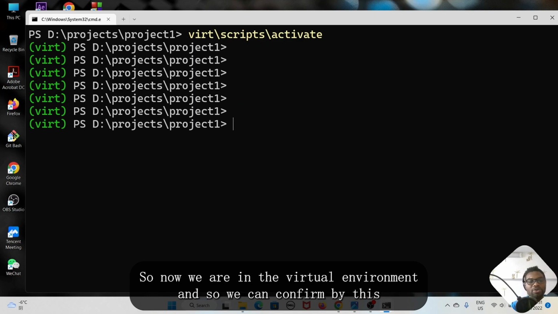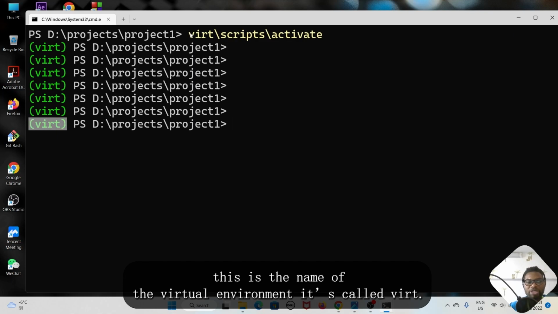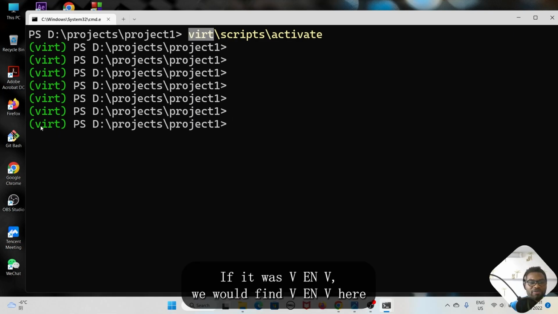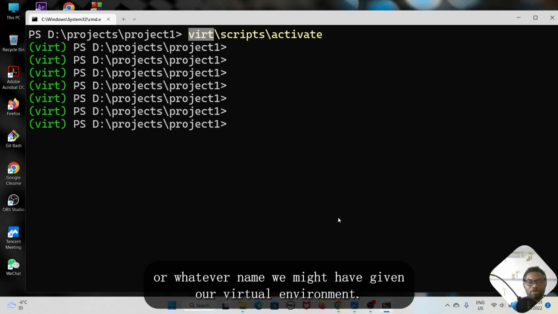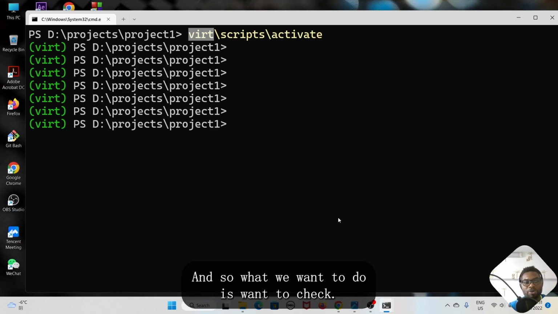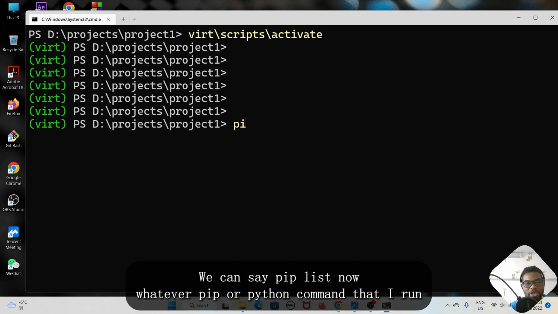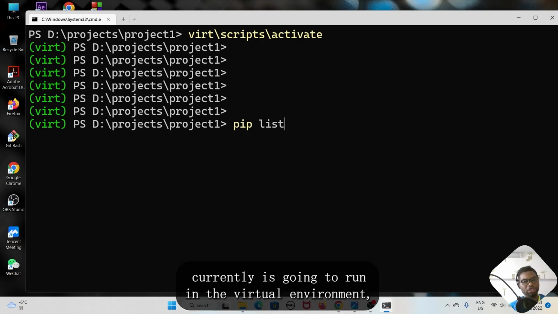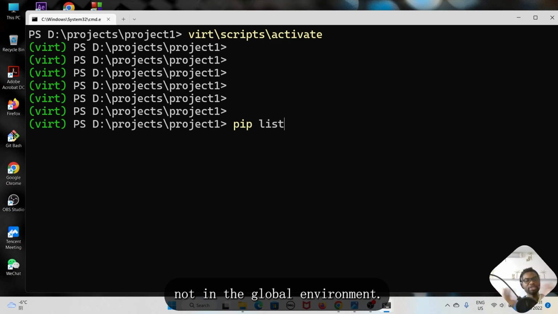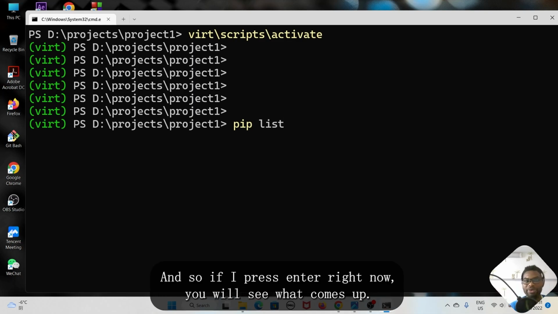All right, so now we are in the virtual environment, and we can confirm by this. This is the name of the virtual environment. It's called Vert. If it was venv, we would find venv here, or whatever name we might have given our virtual environment. What we want to do is check. We can say pip list. Whatever pip or Python command I run now is going to run in the virtual environment, not in the global environment. If I press enter right now,